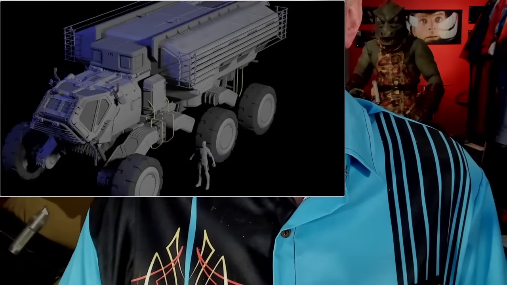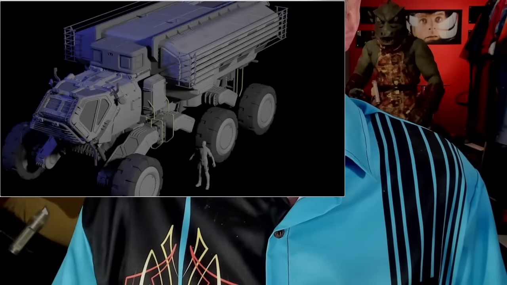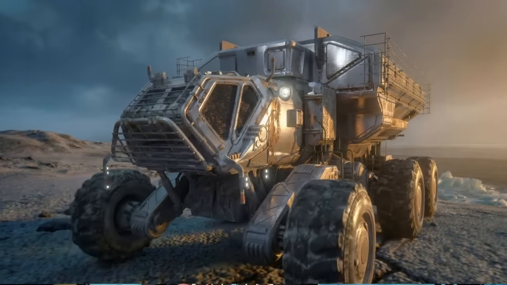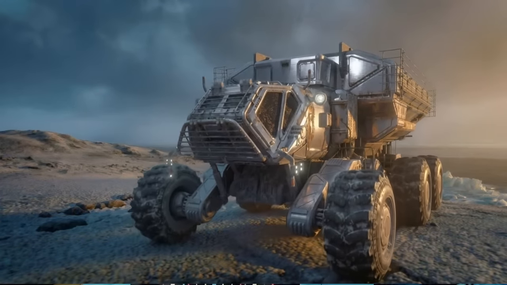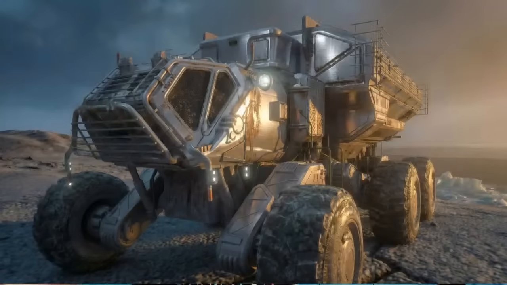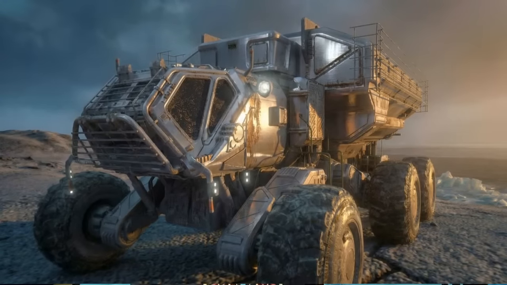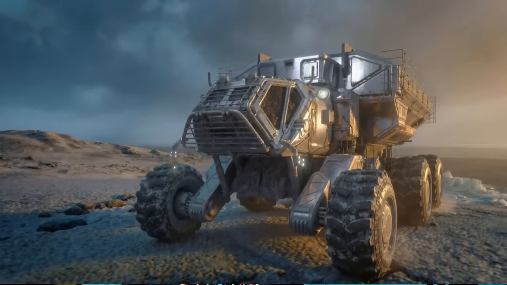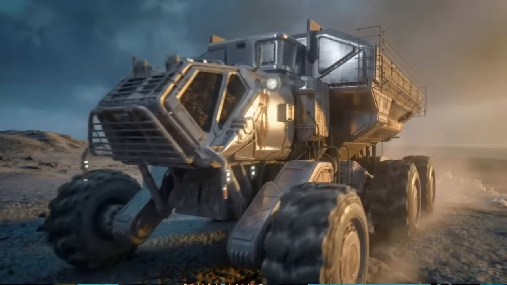This is crummy animation, but you get the drift. The physics of the wheel, even in this engine, which is not the best engine, they're perfect. So yes, I would say you can probably do it.